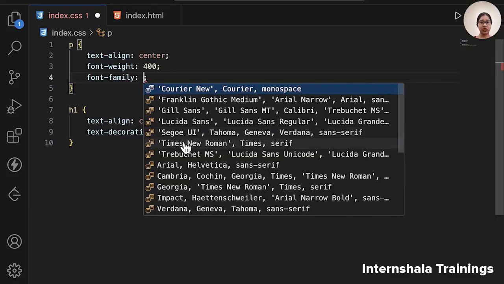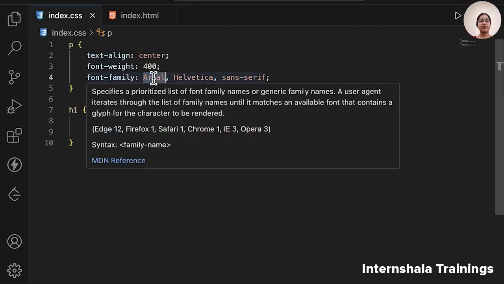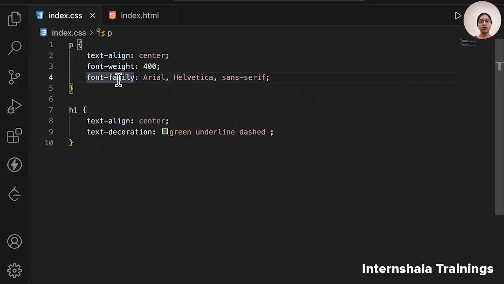You can also give multiple fonts together. If you see this one, these are mostly the default ones. So if you say font family is Arial, when you give three types, it means that the first one will be applied, and if this is not available, then the next will be used. Because if your browser allows that font family, it will apply.